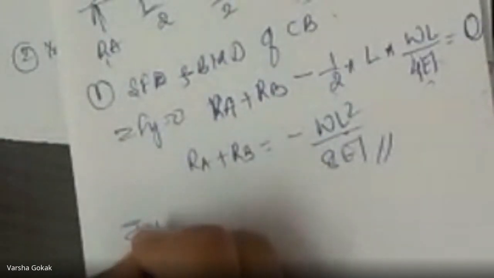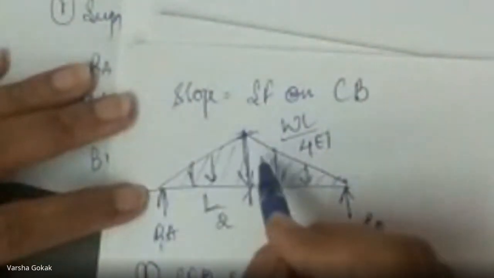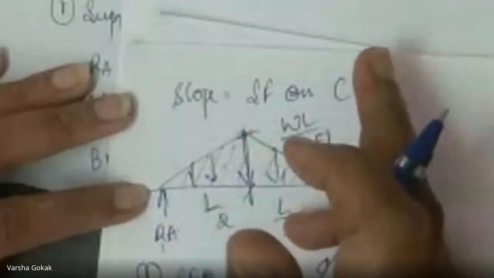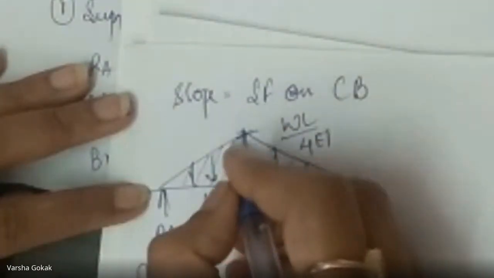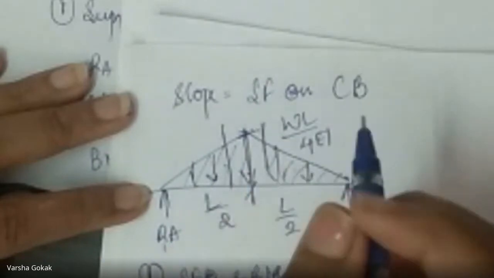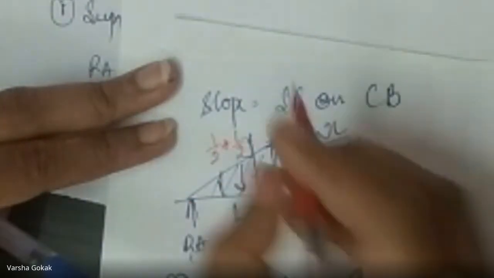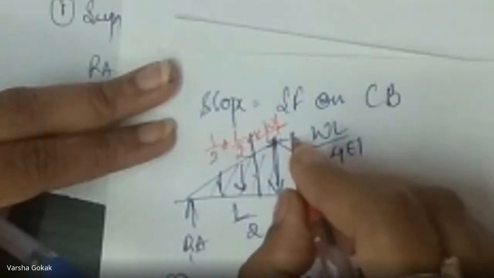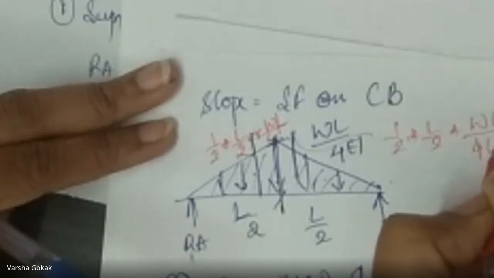So when I say summation MA equal to 0, I have to take the moment of this, RA is gone, and this triangle separately. Or you can take it of your choice. Usually we take separately because I know the CG of this is here and the CG of this is at this junction. So for that I need the loads at this point. Now this is going to be half, base becomes L by 2, height becomes WL by 4. And for this also it is going to be half, base is L by 2 and height is WL by 4EI.